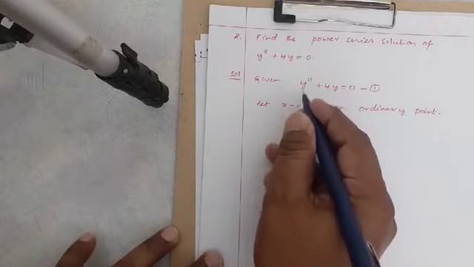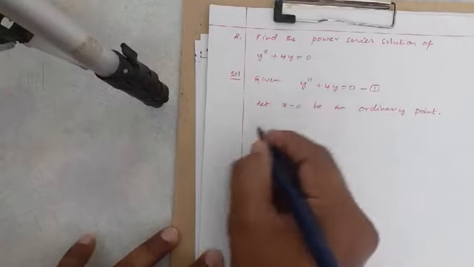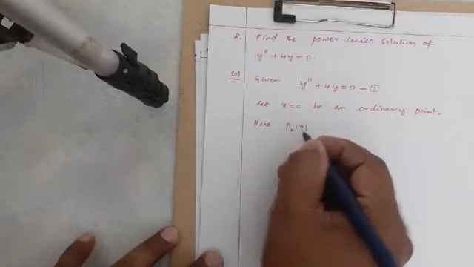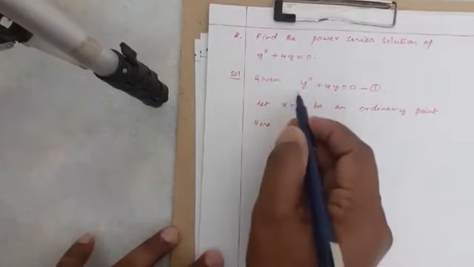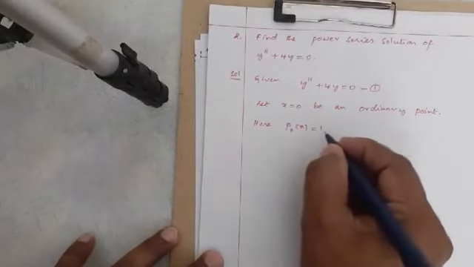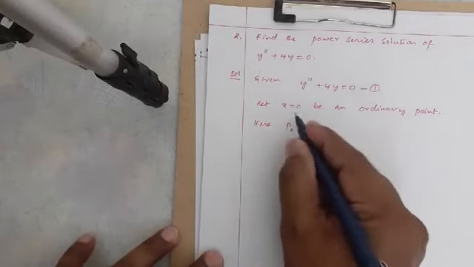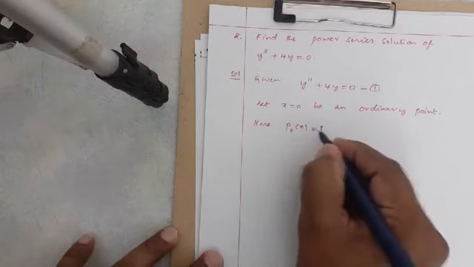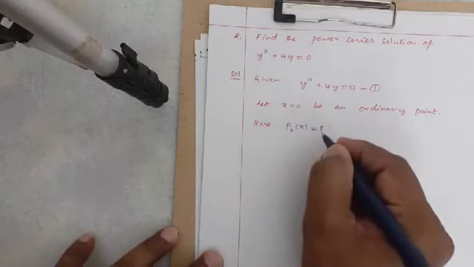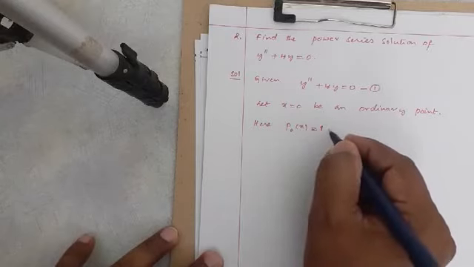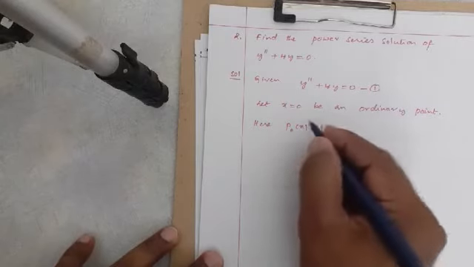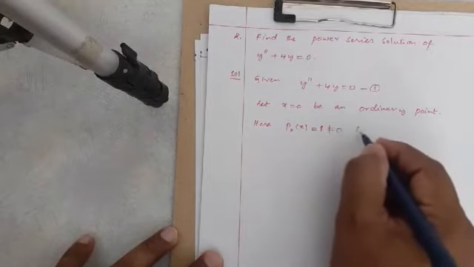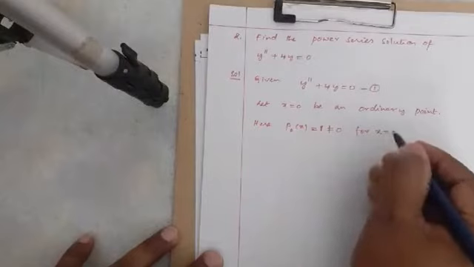So we substitute in p naught. Here p naught of x is nothing but 1, because nothing else is given. We don't have x here to substitute x equal to 0, so we have 1. There is nothing to substitute, so directly we can write that it is not equal to 0 for x is equal to 0.